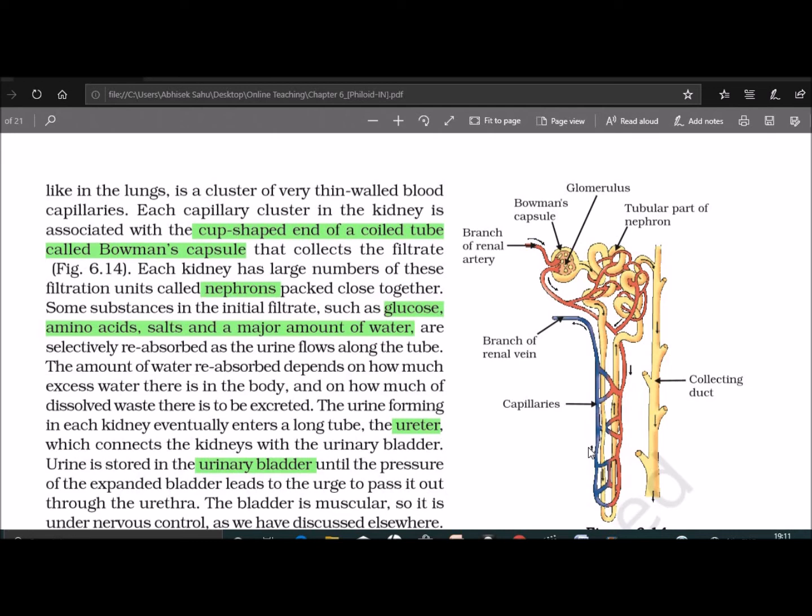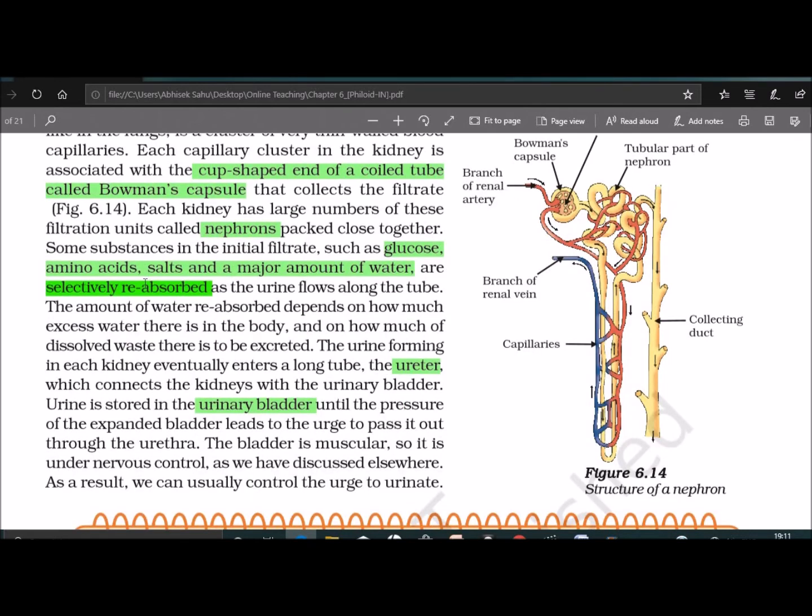The filtrate contains water, glucose, salt, urea, and vitamins. Second is your selective reabsorption. Some molecules of the glomerular filtrate travel back into the bloodstream. It occurs in the renal tubule. Glucose and other nutrients, water, and essential ions pass out of the renal tubule and enter the surrounding capillaries. Reabsorption involves both diffusion and active transport, which uses energy in the form of ATP. The waste-containing fluid that remains after the reabsorption is urine.